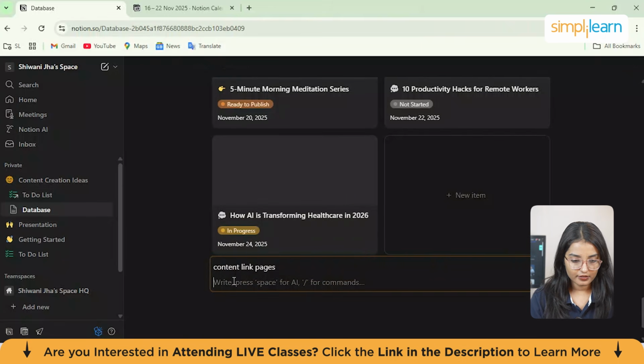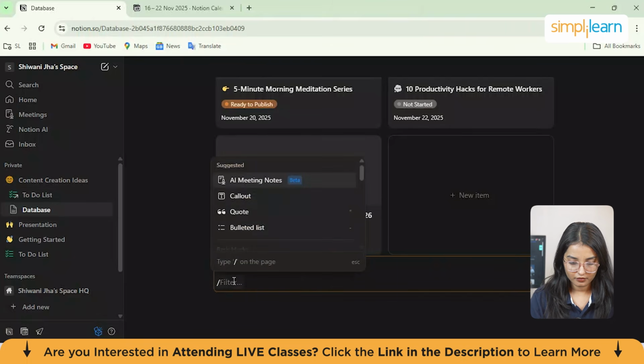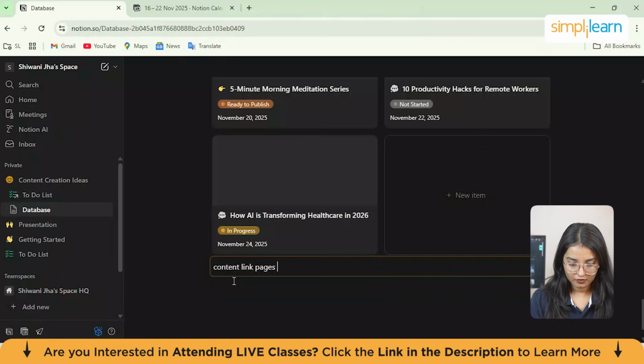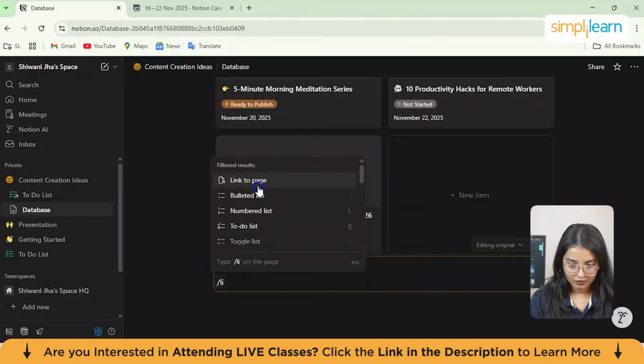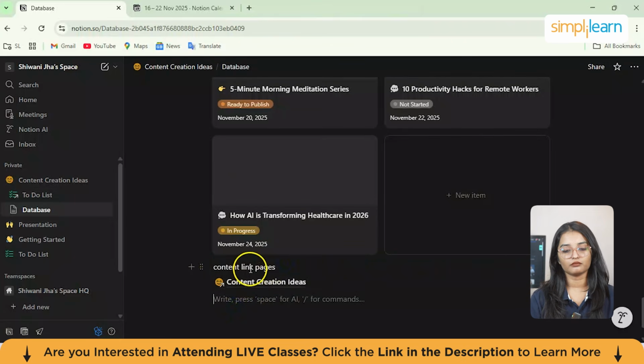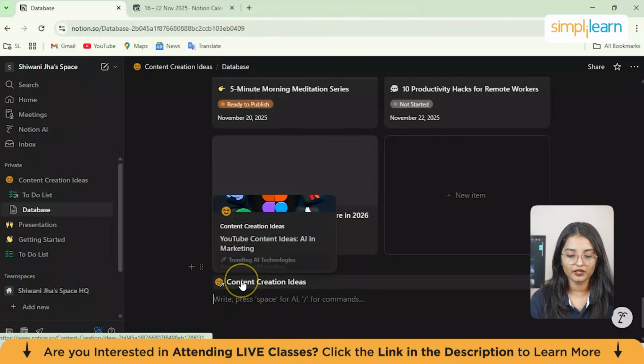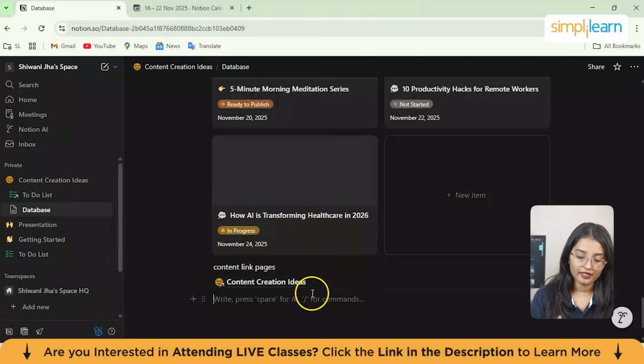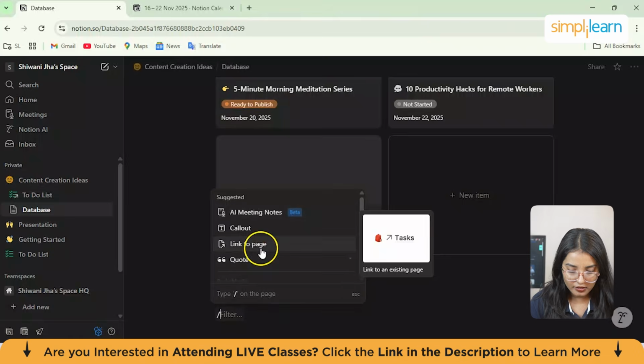Let's suppose it is content creation ideas. So in this way, you can create synced pages where you can add multiple links to the other pages from here. Next thing which I'll show you is the